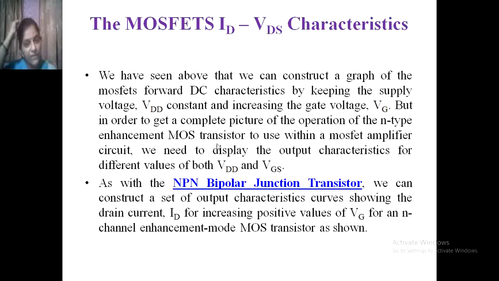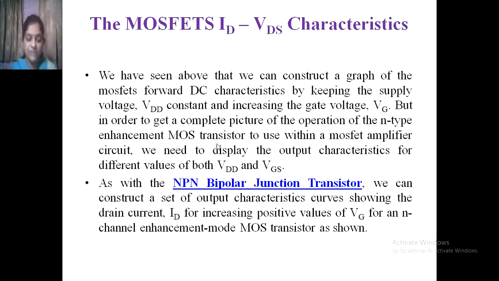Then the E-MOSFET ID versus VDS characteristics. We have seen above that we can construct a graph of the MOSFET's forward DC characteristics by keeping the supply voltage VDD constant and increasing the gate voltage VG. But in order to get a complete picture of the operation of the N-type enhancement MOS transistor to use within a MOSFET amplifier circuit, we need to display the output characteristics for different values of both